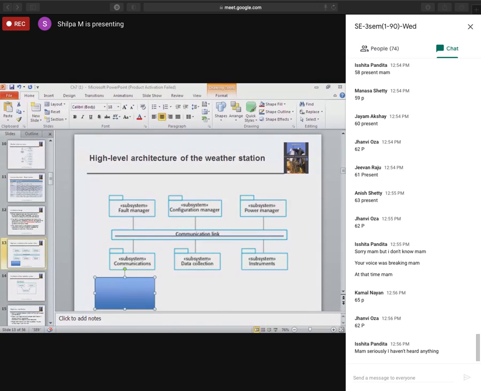For whatever I have to find, Ishita. But really, what I want to say is, it is really annoying. Not only you, there were other students also. 64 is absent.